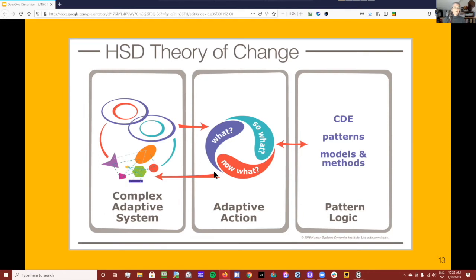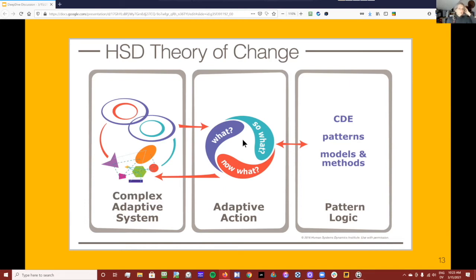So one of the things we need to do when we're doing our what, so what, and now what cycles is have tools that help us think differently, that help us look at the problems or the whats from angles that aren't our own normal habitual perspective, so that we can get out of our own echo chambers and think about it from another perspective, because without getting out of our perspectives, all we're going to do is keep reinforcing our part of it.